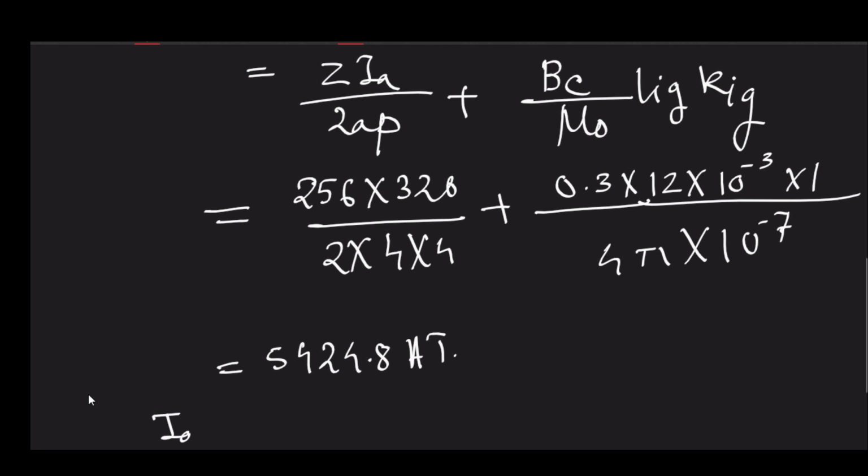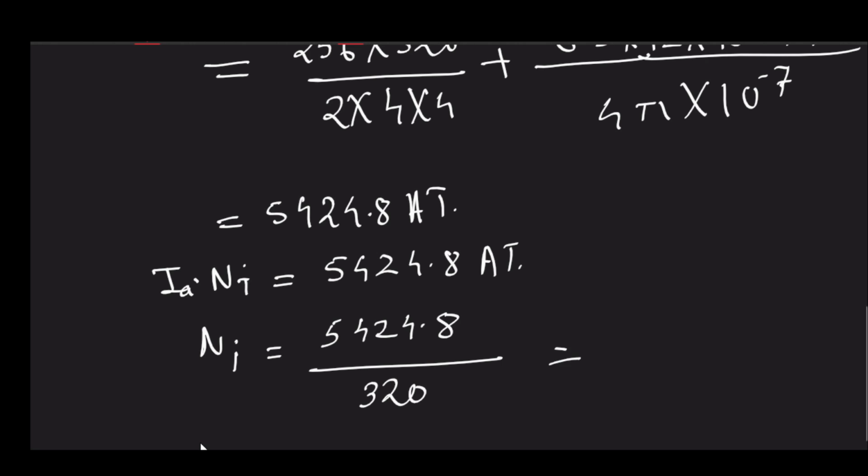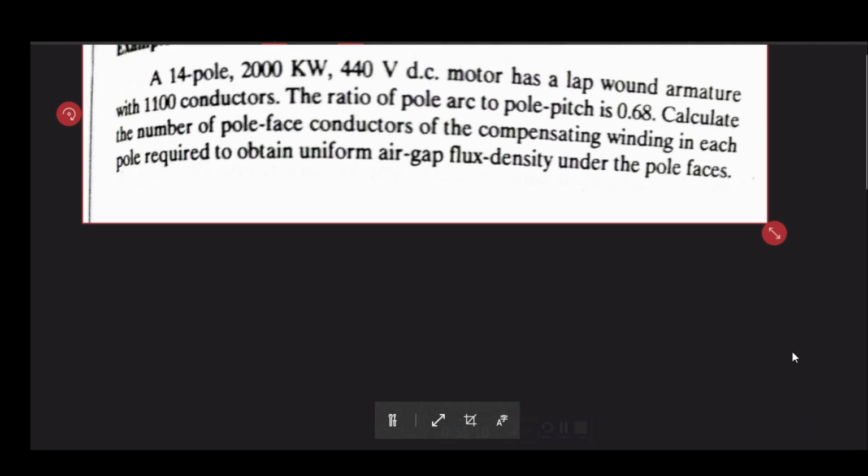So IANI is equal to this much, 5424.8 ampere turn. Now we know that interpoles are connected in series, so they are also carrying the same current, 320 ampere. So number of turns required for interpole is